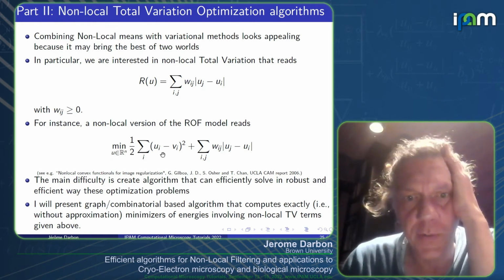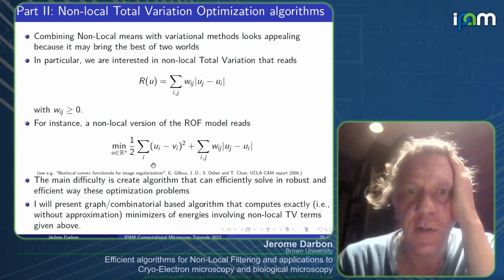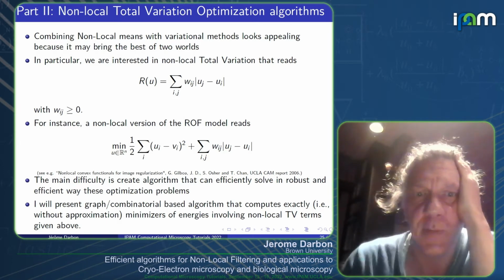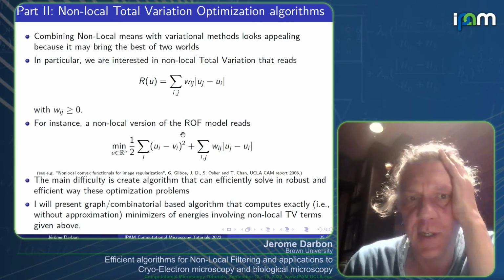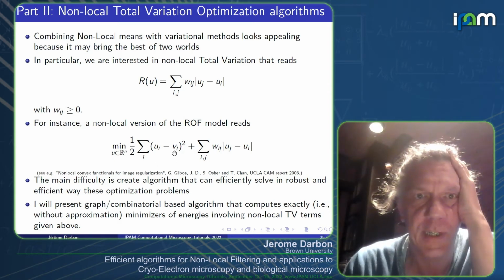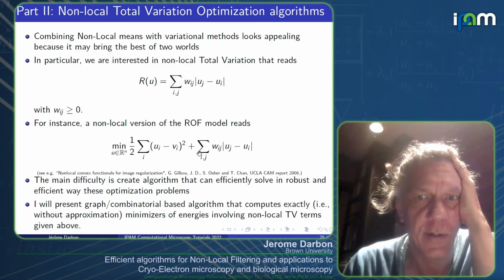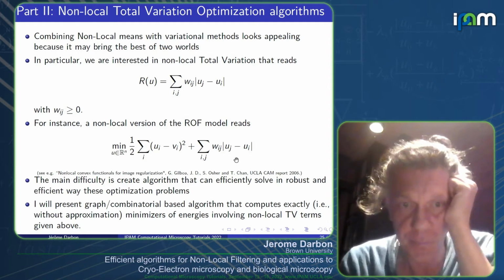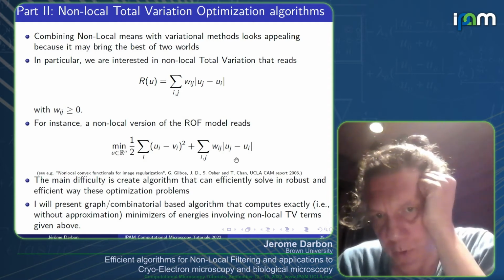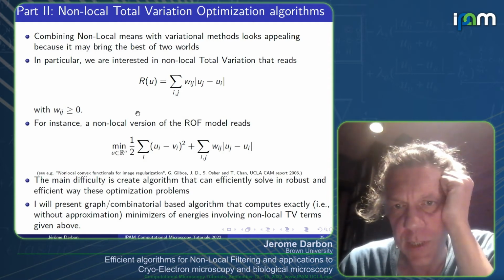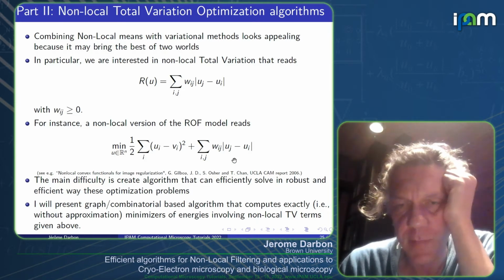And if you want to create a non-local version of the Rudin-Osher-Fatemi model, then this is the energy that you want to minimize. You have a quadratic data fidelity with respect to the observed image V, and you have a general non-local total variation. Now, the whole point is, how are we going to solve efficiently